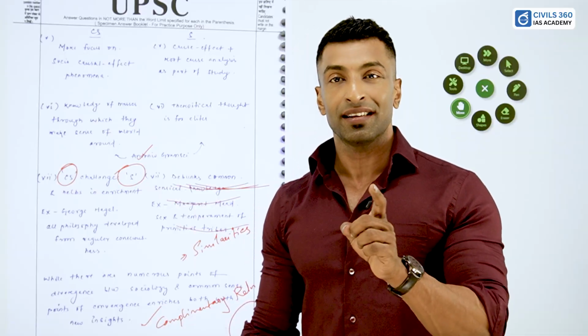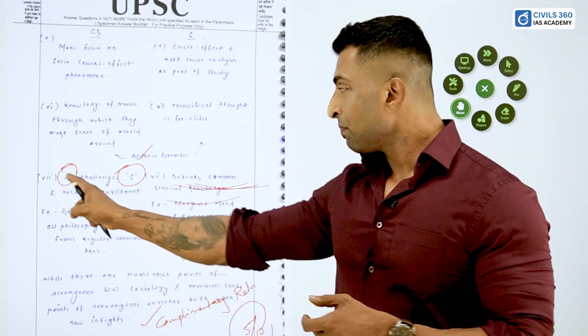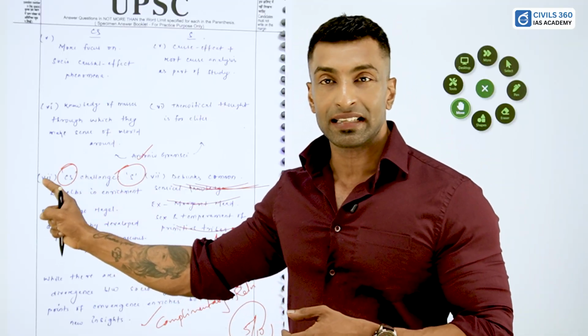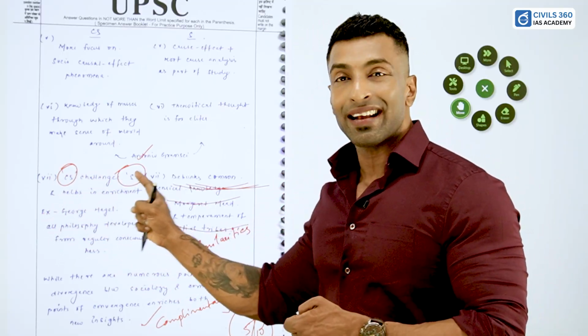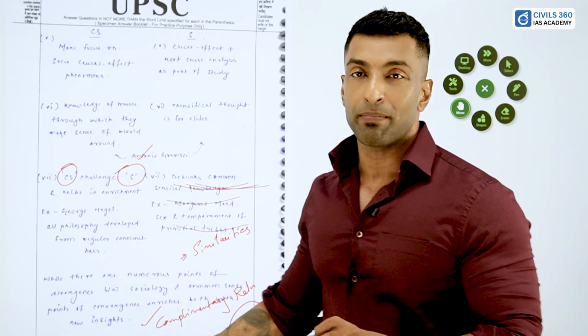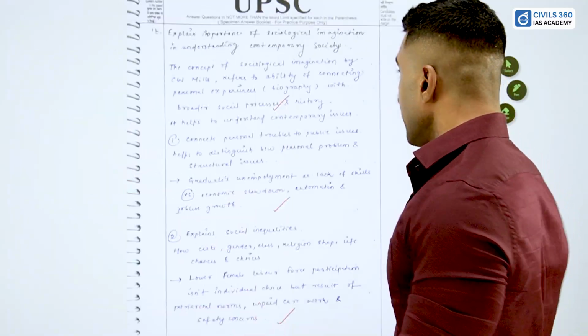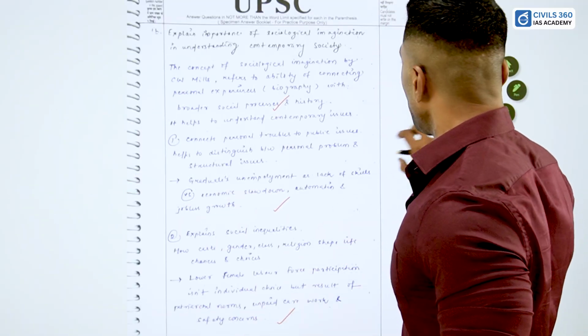So improvement is required in terms of writing the similarity, and make sure you won't irritate the examiner by writing CS and S. It has to be common sense and sociology, and also make sure to give a balanced conclusion. So this is about the first question. Second, if you look at it,